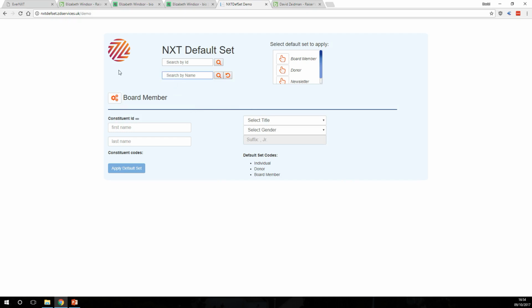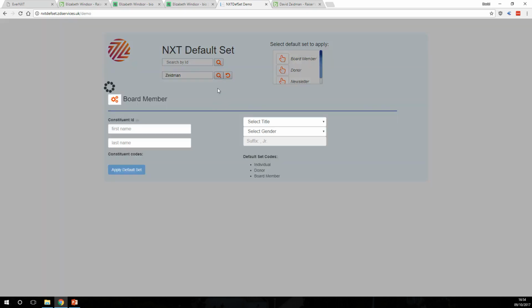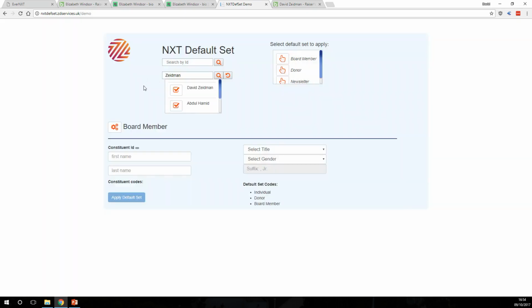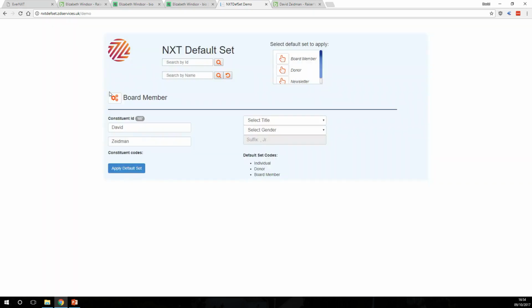So let's go ahead and search for my records. It just happens to be the first one on the list, and we'll tick that. So we can see that we are working with my record here, and we're going to work with the board member